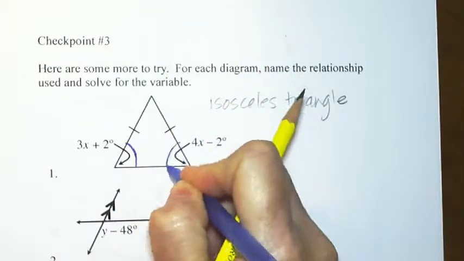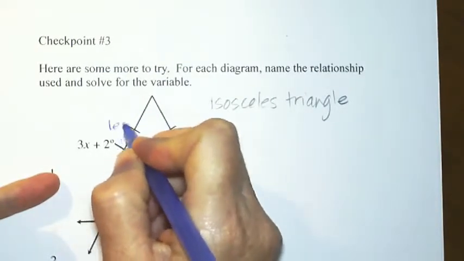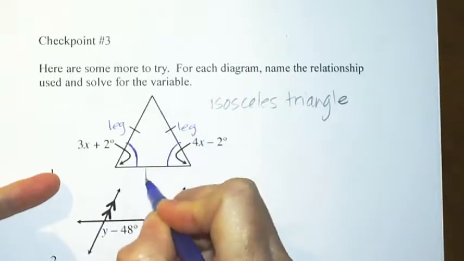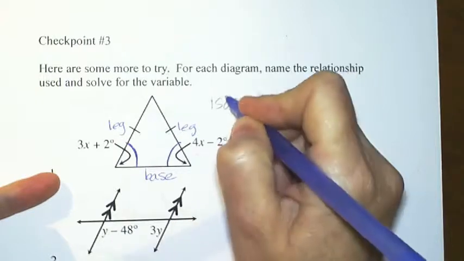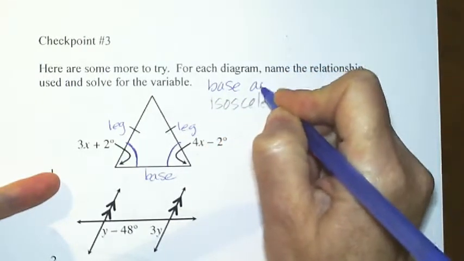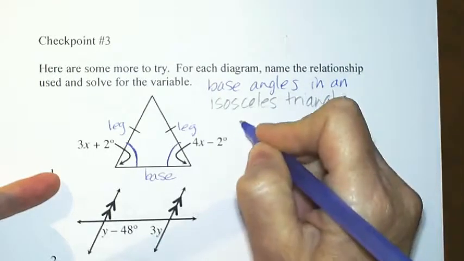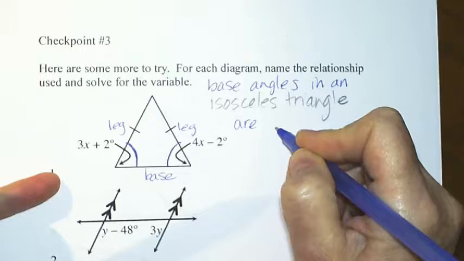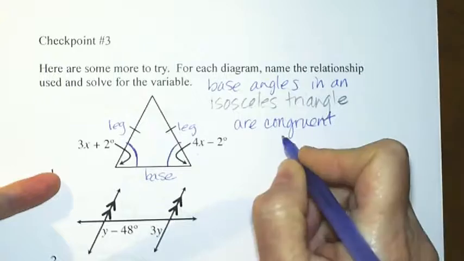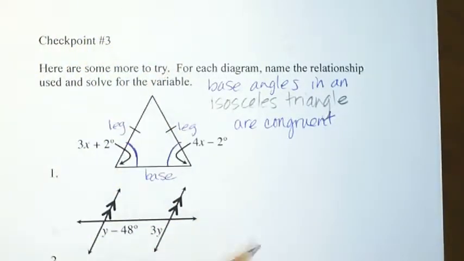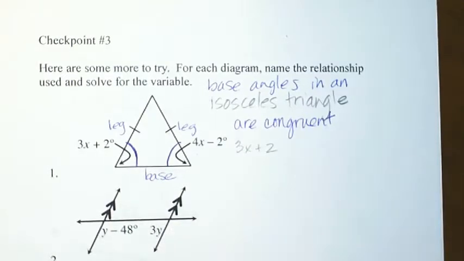In an isosceles triangle, you have the two sides that are equal to each other. Those are actually called legs of the triangle, and the side that is not a leg is called the base, and these are the base angles. And the base angles in an isosceles triangle are, do you remember? This was on another homework assignment, I think. They are congruent. So therefore, my equation would be that 3x plus 2, and there is actually one like this